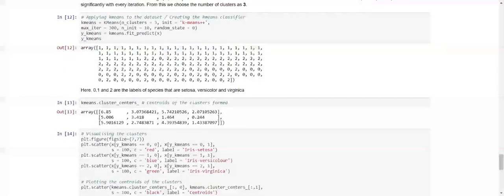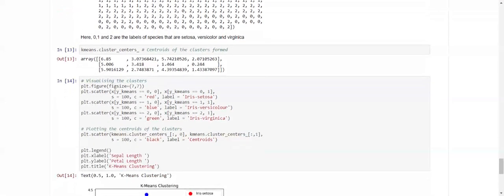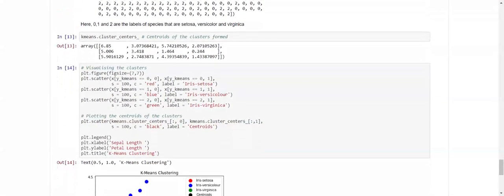Then I want to see the centroids of the clusters. We can see we have stored all the centroids in an array. The next thing I have done is I want to visualize all the clusters and also see the centroids of those clusters.